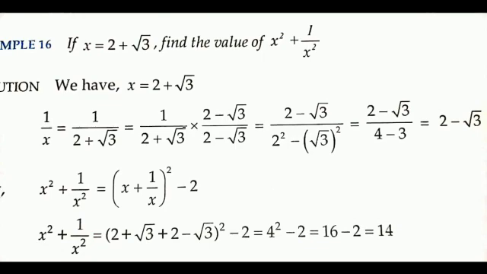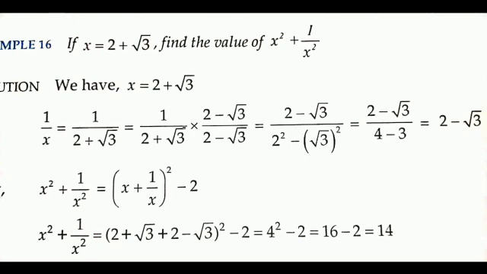Now we have the value of x as well as the value of 1 by x. So using x square plus 1 by x square equal to x plus 1 by x whole square minus 2 into x into 1 by x. From where are we getting this? It is from the identity a square plus b square is equal to a plus b whole square minus 2 into a into b. So in the right hand side we can put the values of x and 1 by x.